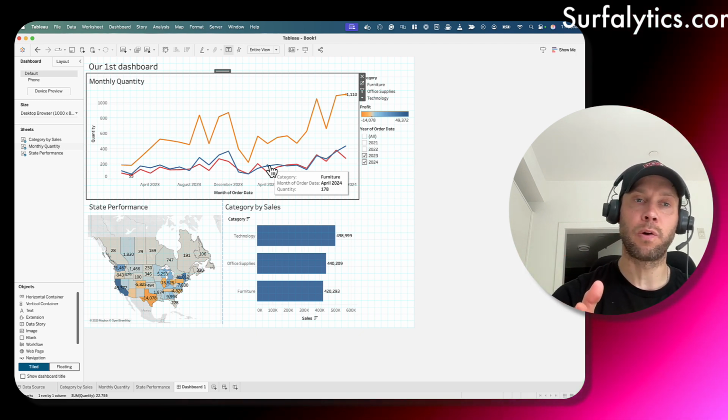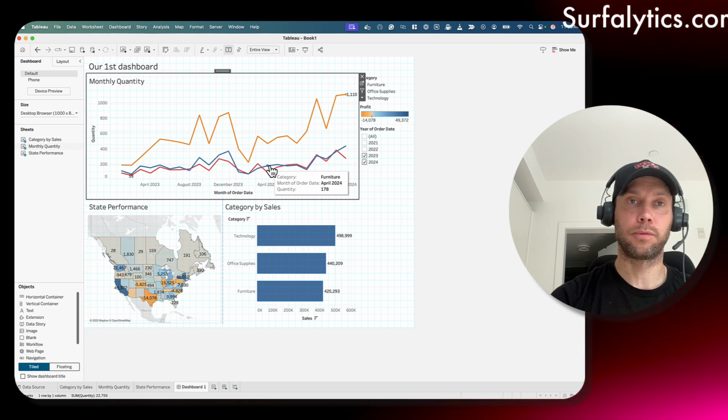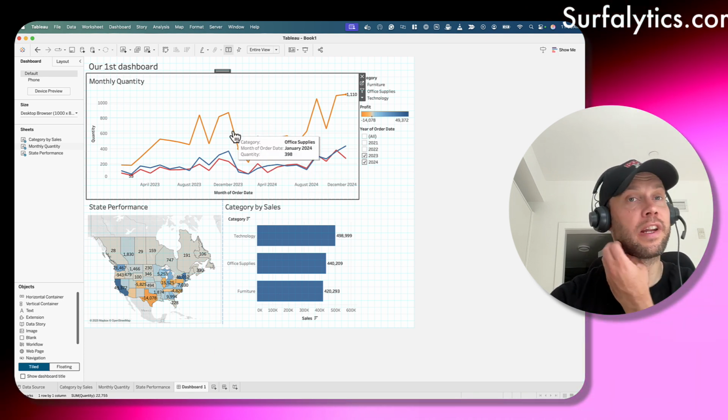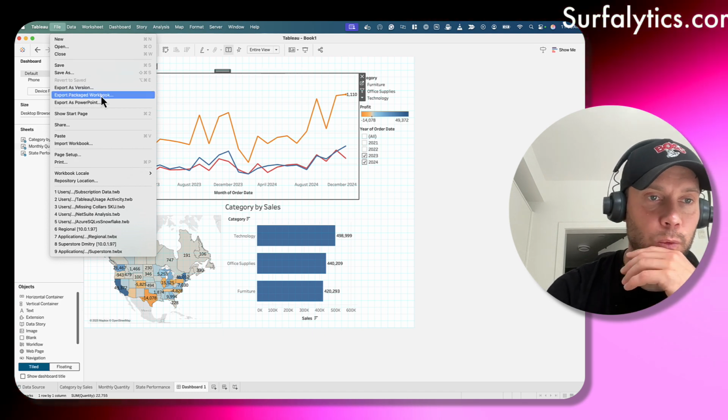So by the way, what's the homework? You have your Superstore dataset and the Postgres data. You need to connect and build the dashboards. And for inspiration, what you can use,